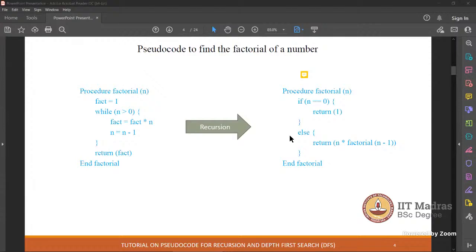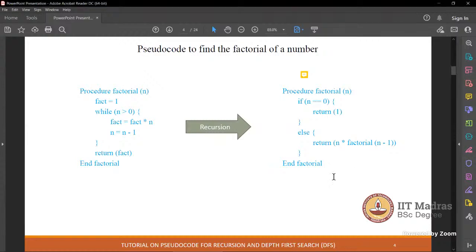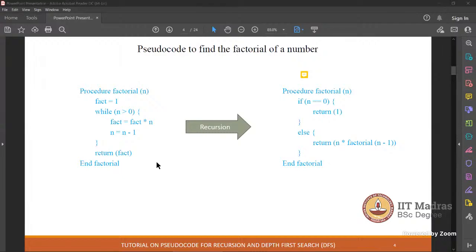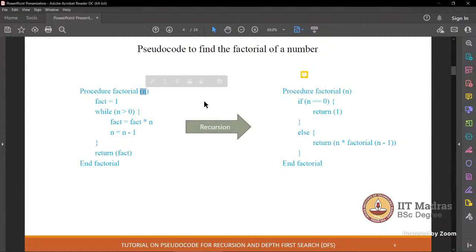Sir, I have a question here. My doubt is that the pseudo code which is written on the left side will give the same result which the recursion will give? Yes, absolutely, because both codes are equivalent. So we can use this pseudo code also? Yes, you can. Factorial of 5 is 120, no one can change that. So both codes will give the same result. Then what is the need for recursion?